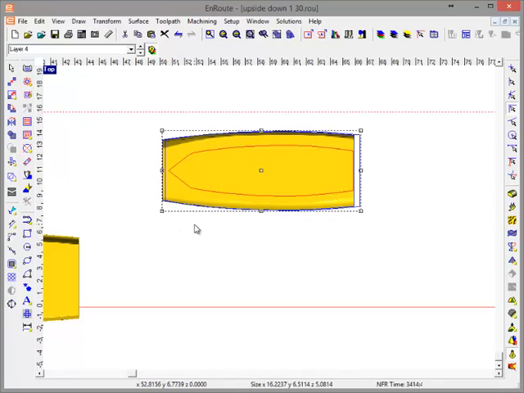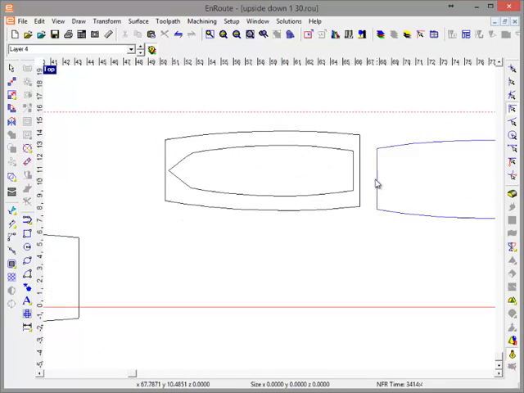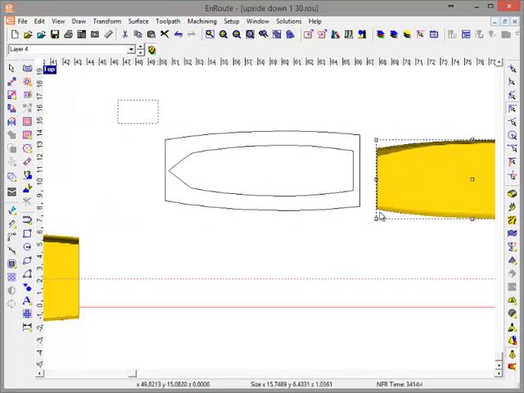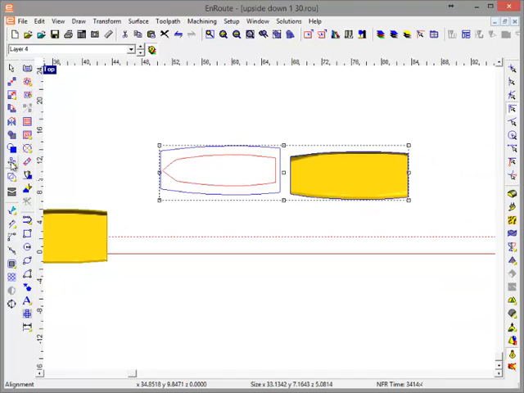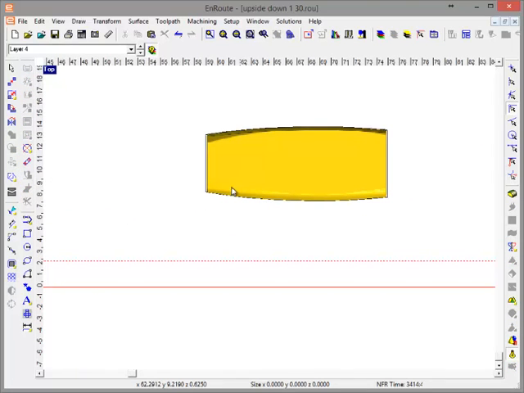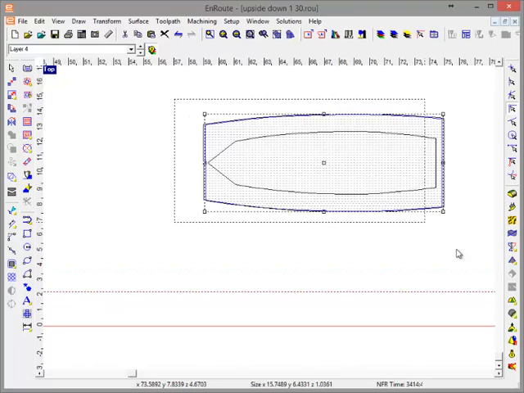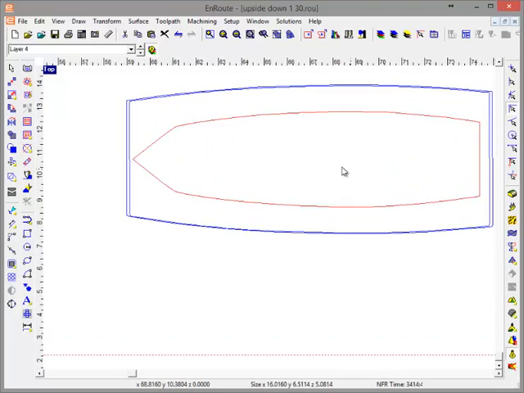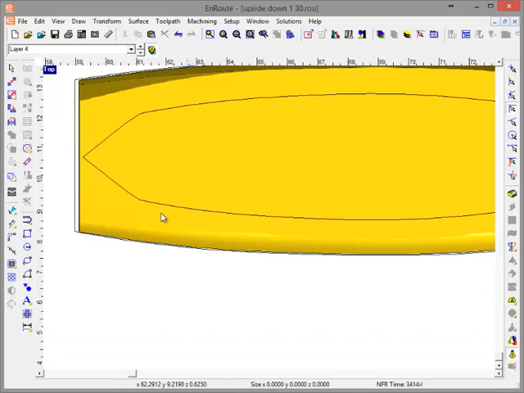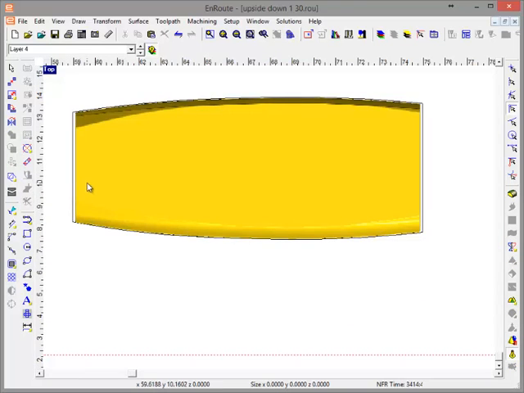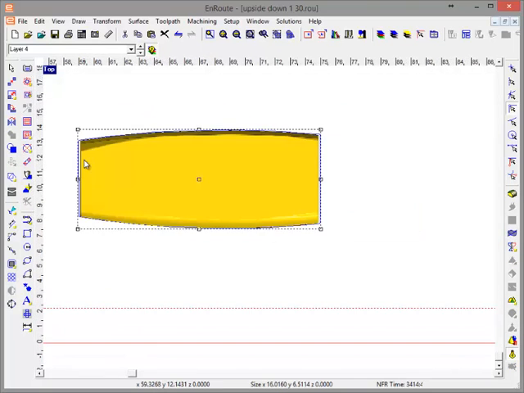Again, let's take these two and group them. That way when we align everything, it should more or less align to how we want it. So, okay, that looks a little different than the last one, but